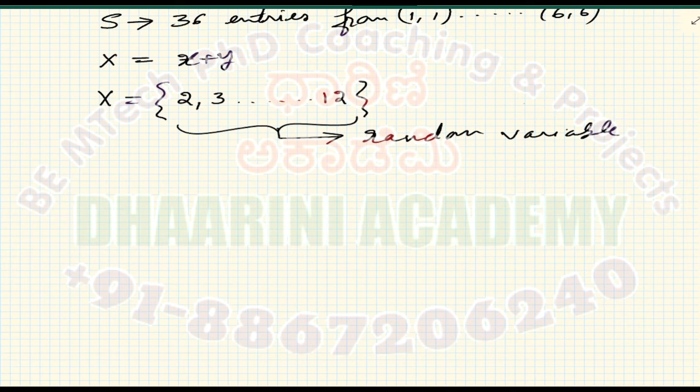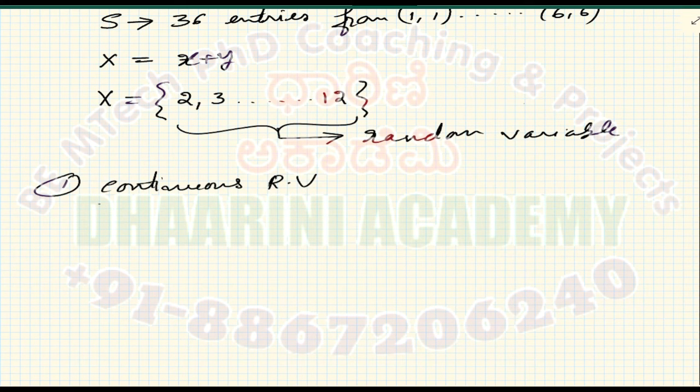Okay, now, if you remember, we have two types of random variables. The first type is the continuous RV. I just use a short form for that, continuous RV. It means x takes all the possible values from minus infinity to plus infinity. Any value it can take, right? So continuous RV means x